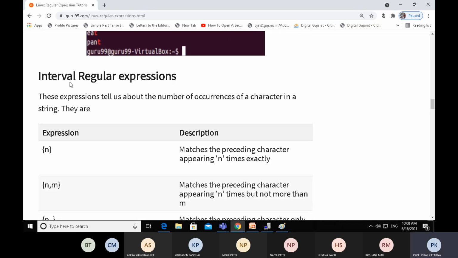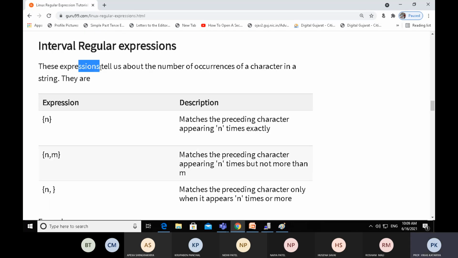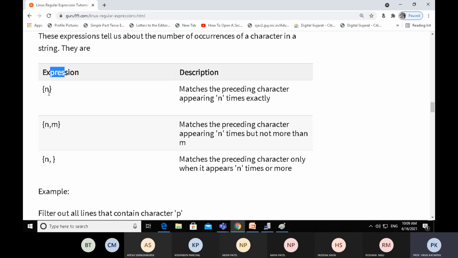Now next, interval regular expression. These expressions tell us about the number of occurrences of a character in a string. Suppose we have a string and someone asks me how many times a character occurs in it. The expression curly bracket n matches the preceding character appearing exactly n times.